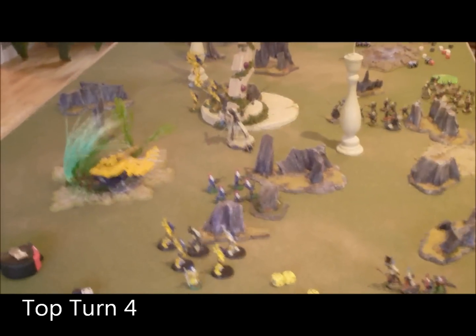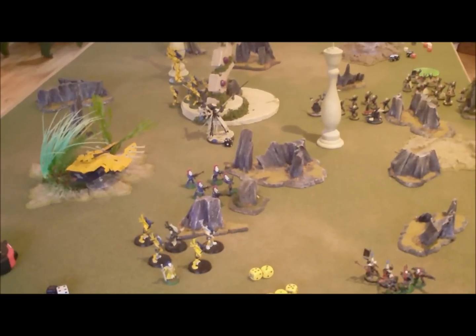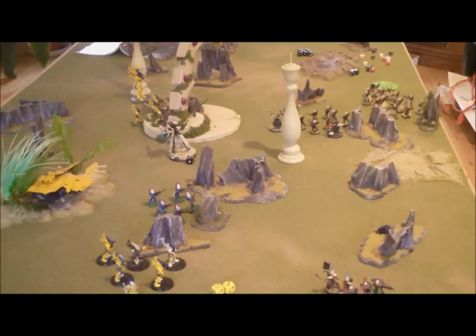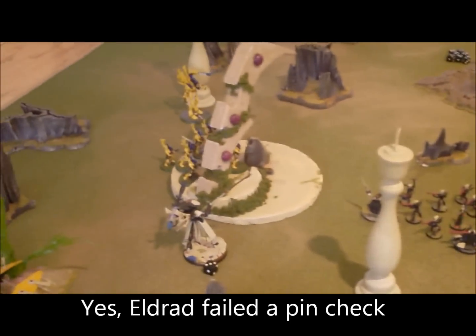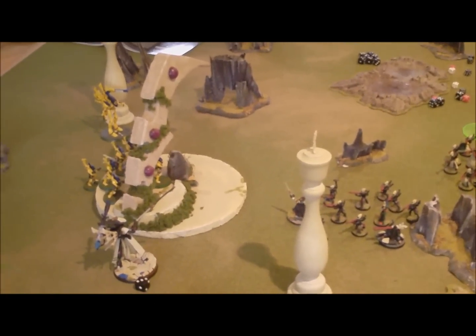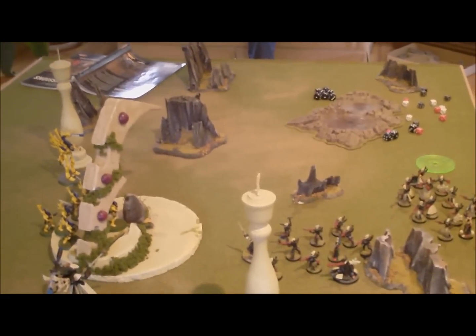Alright, top of turn 4. First, let's start with my Farseer, which splatted itself on perils of the warp, trying to fortune the Wraithseer. The Wraithseer, however, used his psychic power to pin Eldrad's Guardian squad over there, so they're pinned for the next turn. My Wraithguard advanced on the middle objective, fired down on that same squad, inflicted a number of casualties. My Weapons Wraithlord over there fired some shots off at the other Guardian squad, inflicted a casualty, but nothing major. Other than that,